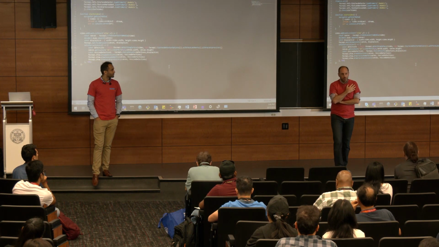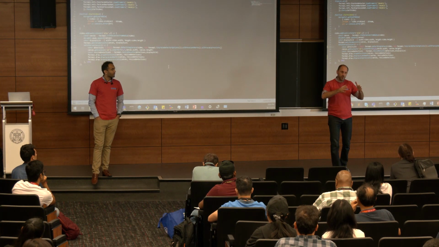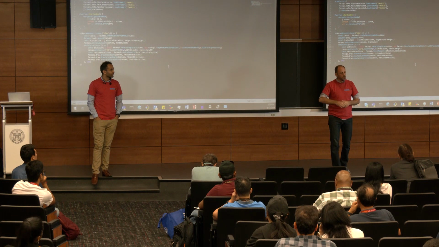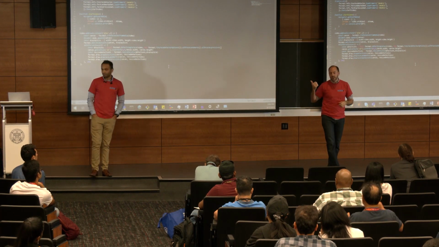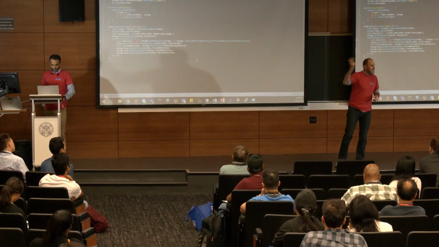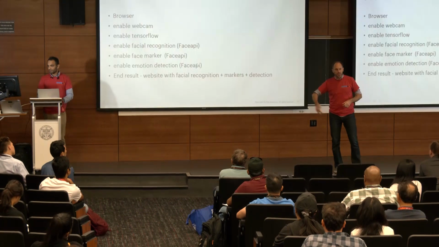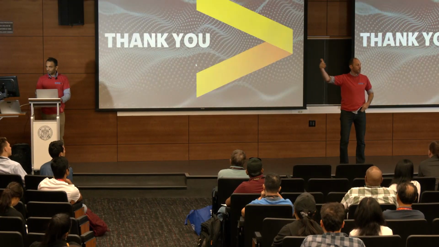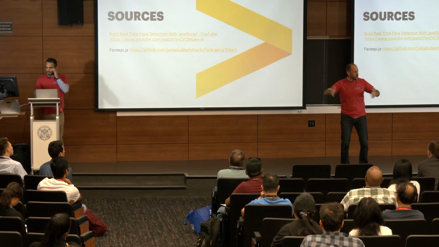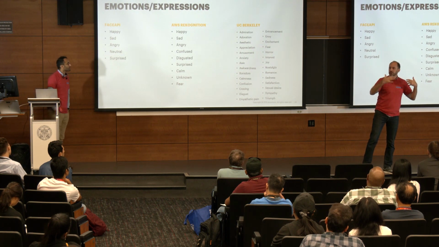I also think that starting with APIs gives you this ability to determine where you want to go, because this field is still so new. So we have a slide here in the back that is detecting 4 or 5 emotions. AWS Rekognition does 8 emotions. But in the field of psychology, there's somewhere between 27 or more emotions. But you get to decide, well, do you want to write the application that uses that and then wait for the technology to catch up?